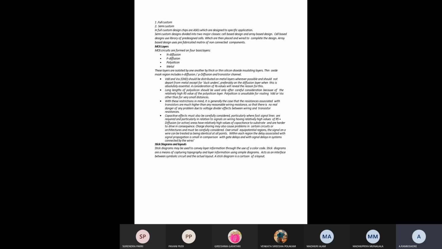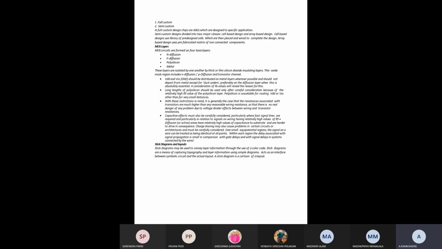Due to that, different capacitances are introduced: gate capacitance, parasitic capacitance, and drain-source capacitance. Whenever we minimize these capacitances, the delay is reduced.